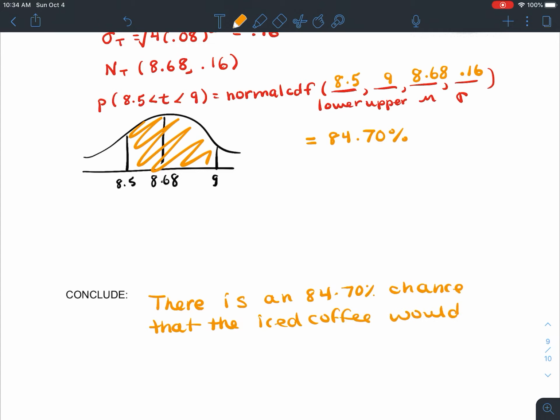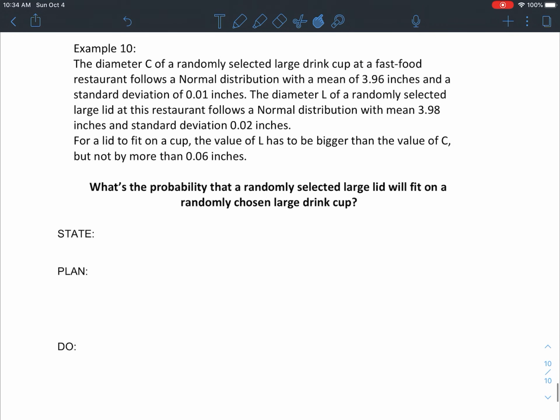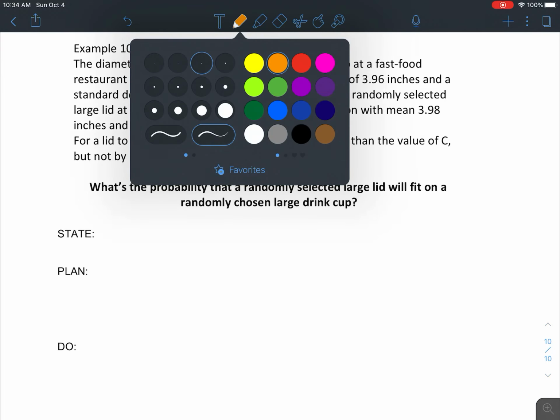Okay, so we'll just sum that up in the conclude step. There is an 84.7% chance or probability that the iced coffee would have between 8.5 grams and 9 grams of sugar, which means I would think that it tastes right according to that problem there. Okay. All right, the last problem that we're going to wrap up here on this section 6.2 is